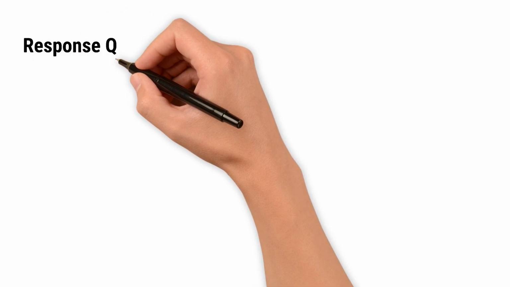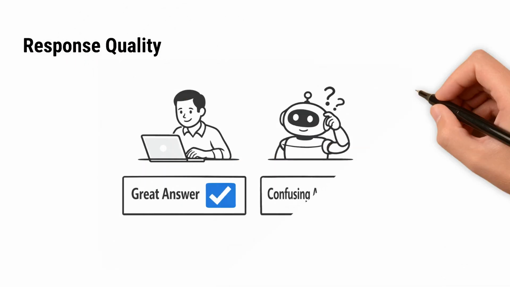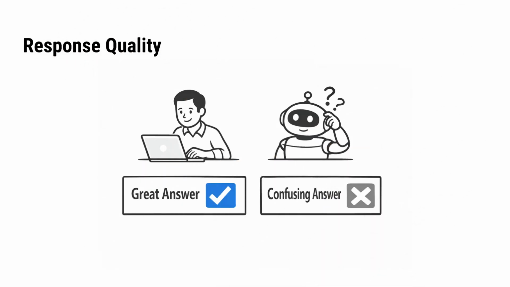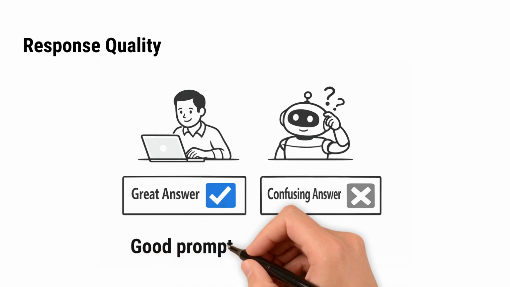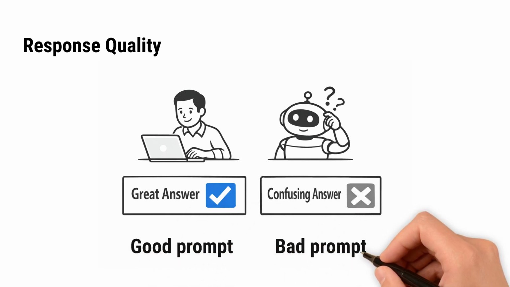Have you ever asked an AI a question and received a great answer, and other times something completely confusing? The difference is usually not the AI. It's the prompt. A prompt is how you communicate with an AI model. And just like with people, the way you ask matters. In this lesson, we'll break down what makes a good prompt and how you can structure it to get better,